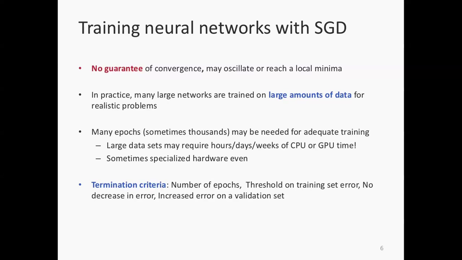Or you could actually keep track of error on a held out data set. After every bunch of updates, you measure the error. And if the error starts increasing, you decide that training is done. This requires a fair amount of infrastructure to make sure that you are actually measuring those errors. You're checkpointing your models along the way, saving all the things, so that once you decide that